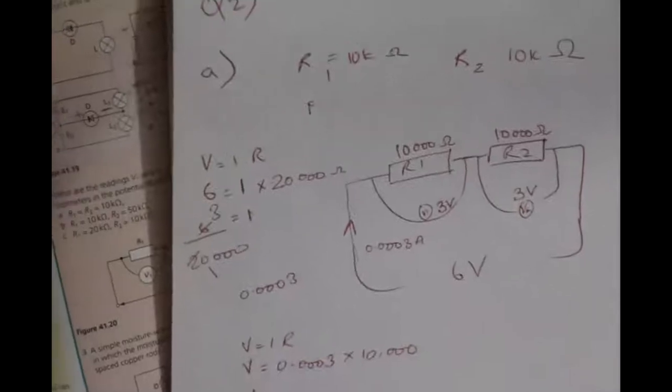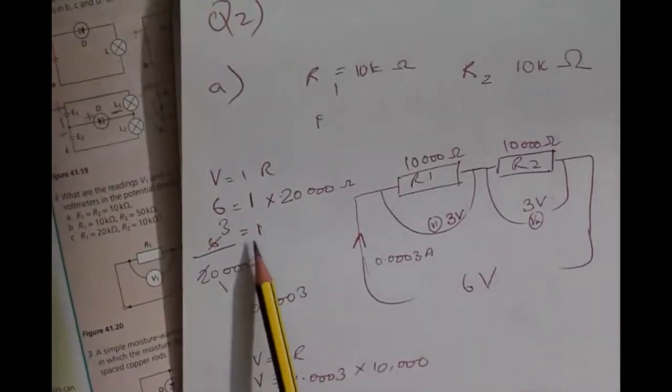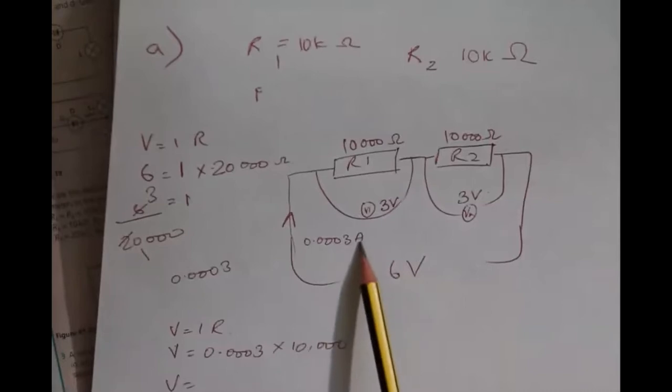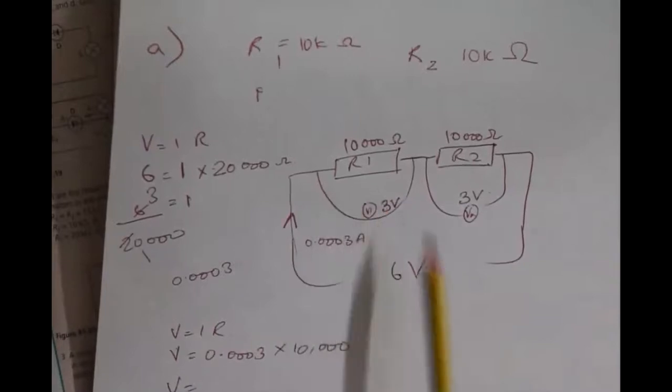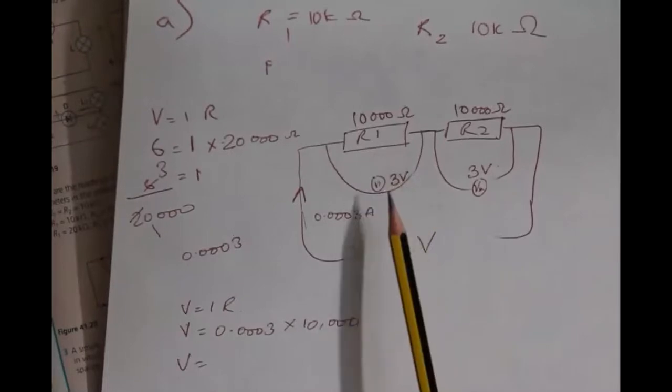Okay, and so 6 divided by 20,000 is going to give us 0.0003. So that is going to be the total current. Don't forget your units: amperes. So 0.0003 amperes. And then we're going to use this current value to figure out the voltage for each